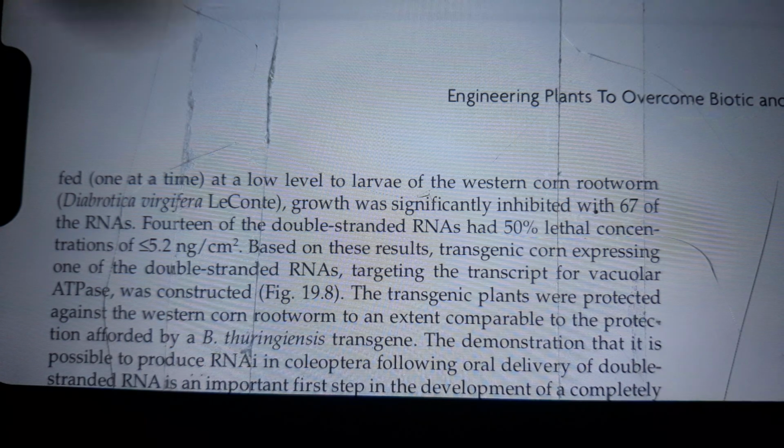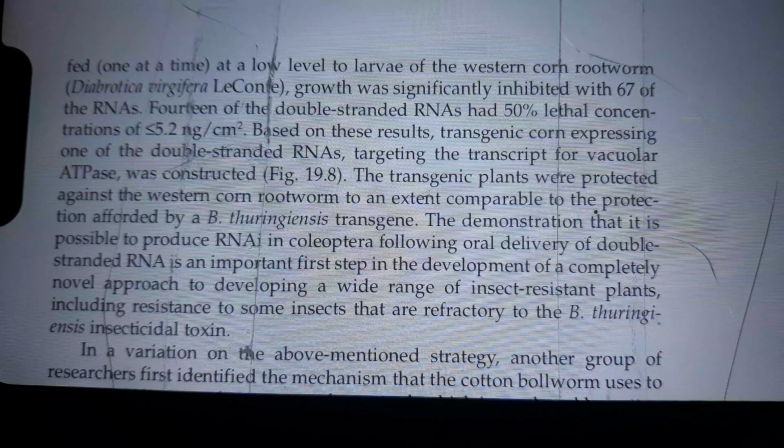Diabrotica virgifera LeConte, growth was significantly inhibited with 67 of the RNAs. 40 of the double-stranded RNAs had 50% lethal concentrations of less than or equal to 5.2 nanograms per square centimeter. Based on these results, a transgenic corn expressing one of the double-stranded RNAs targeting the transcript for vacuolar ATPase was constructed. The transgenic plants were protected against the western corn rootworm to an extent comparable to the protection afforded by